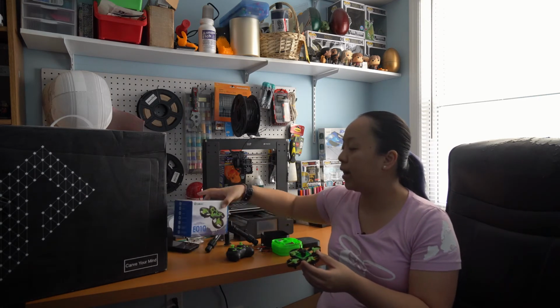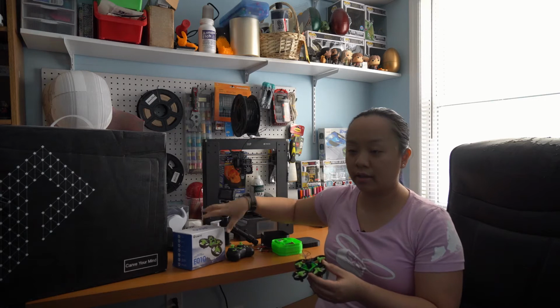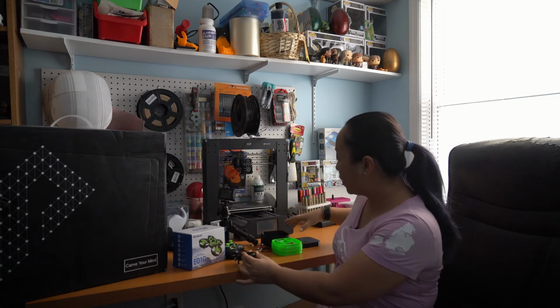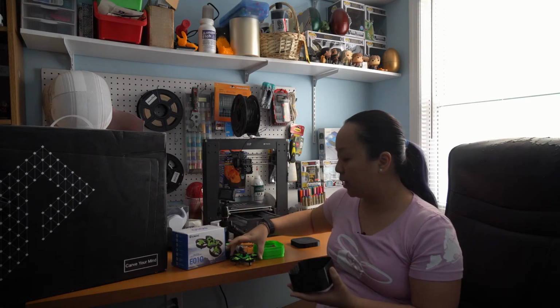Right now I have been storing it inside the actual cardboard box, and there are no inserts or anything in there. I just kind of throw it inside, and inside the box there's also the controller, and I now have 10 batteries. So I wanted to find a way to organize everything and make sure that I don't break anything. So I found this file on Thingiverse that is designed for the e010 and an FPV